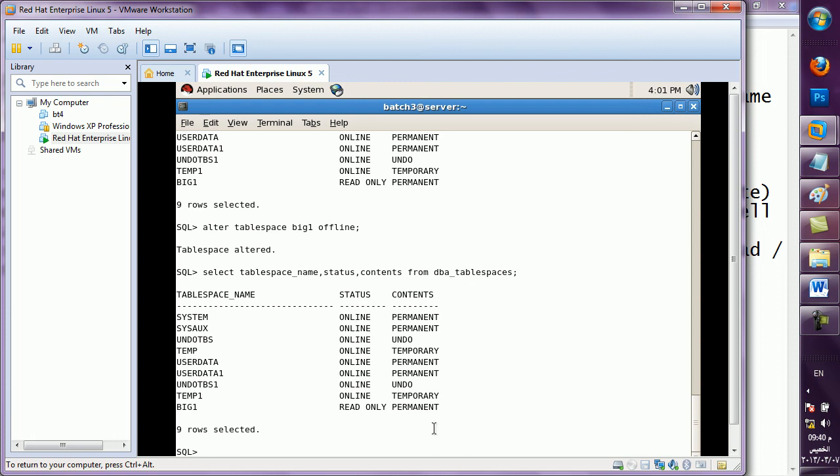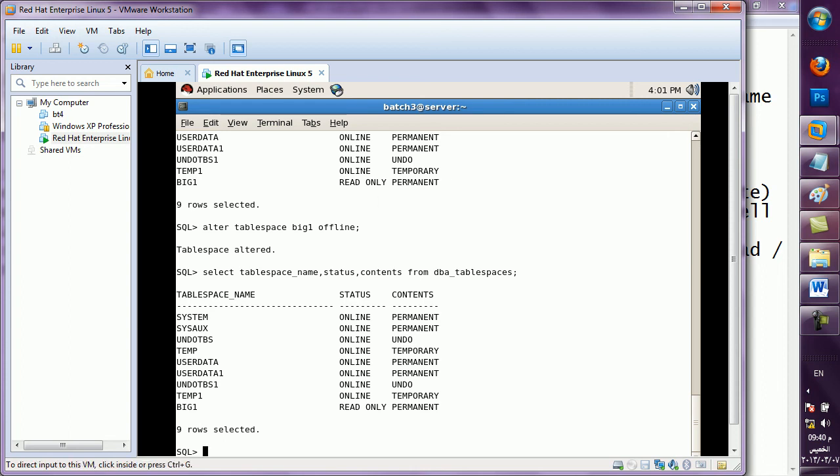I will create one user, I will create one table, inside that you will insert the records, my data will be saved in DBF. If I make it offline, my data feeding will be stopped. Then there you will understand in a better way. Okay, the next thing is